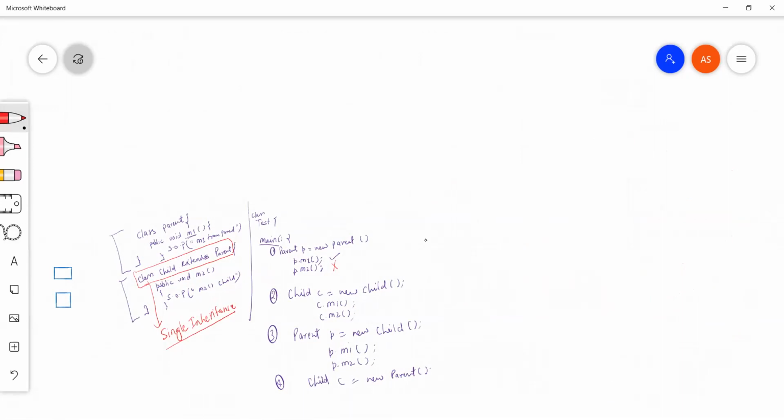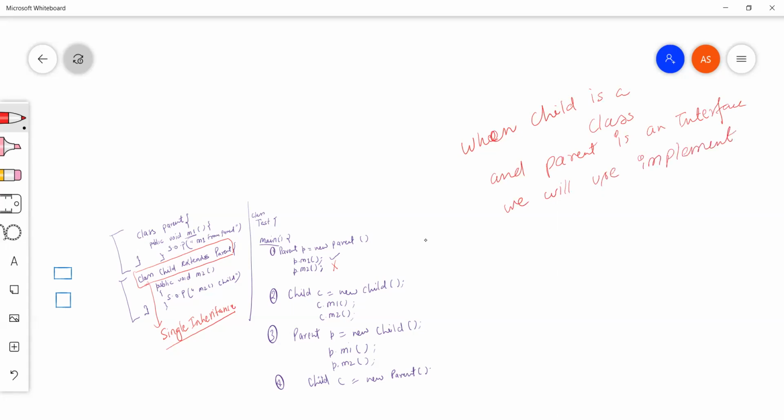When the child is a class and the parent is an interface, we will use the implements keyword.